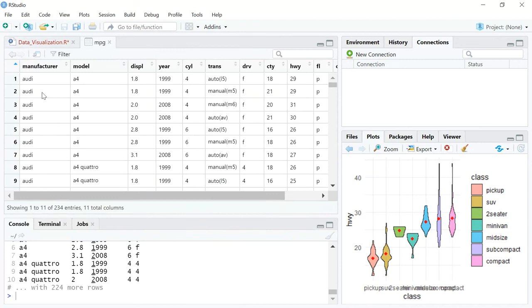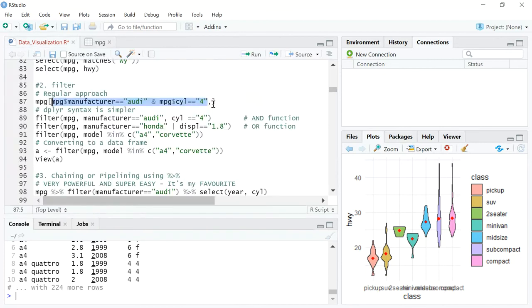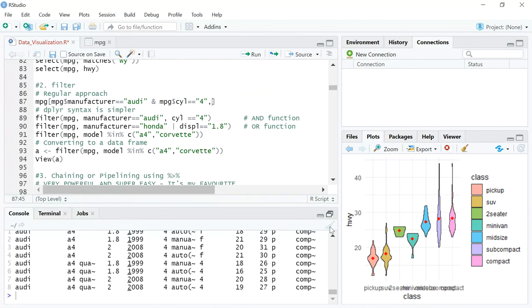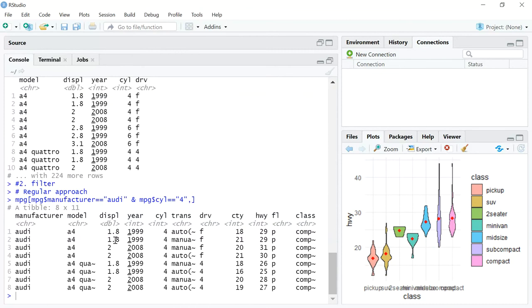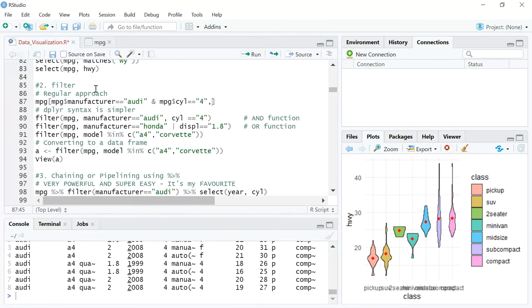And then you will say I need all columns. So the moment you run this, you will get all columns, but only the Audi and cylinders equal to 4 combination.